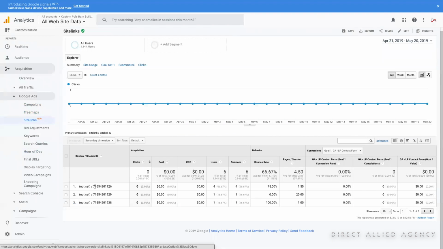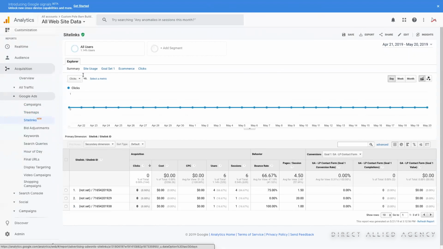I'm not sure why it's showing not set. It's got a site link ID. So if we have site links, which is basically keywords that we add onto your ad, you'll see that reflected here. We can go into more of that specifically one-on-one, because this one's a bad example for site links. We should have actual words here, but